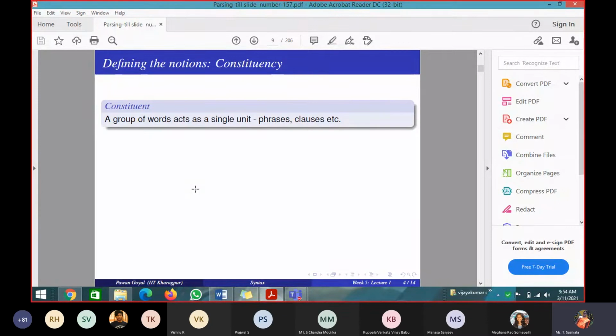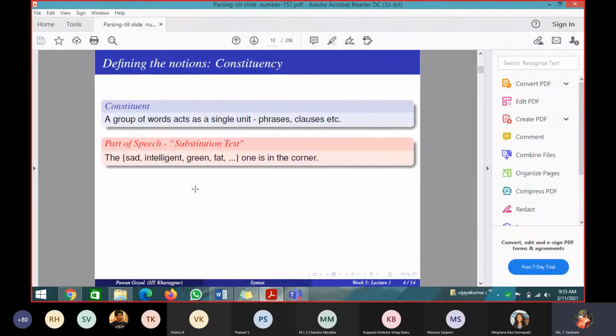Okay, so a constituent is a collection of words. We have different phrases: noun phrase, adjective phrase, prepositional phrase, verb phrase, like that. What is a phrase? A phrase may be a single word, or a collection of words together forming a phrase. In the previous example, what is the group of words that forms a noun phrase? The man. And the verb phrase has a verb followed by a noun phrase, and in that the noun phrase is this book. Yes or no? So this is called a constituent, also called a phrase, a group of words that acts as a single unit.